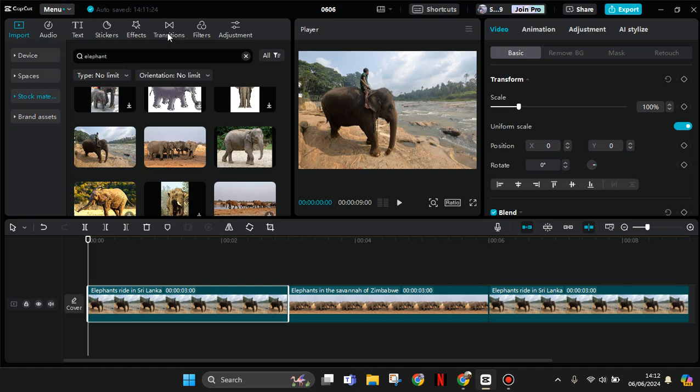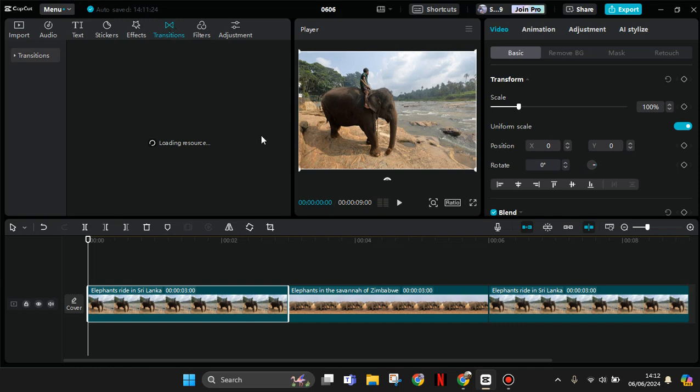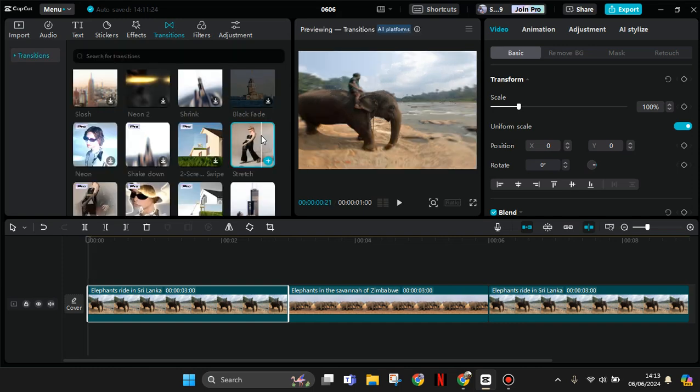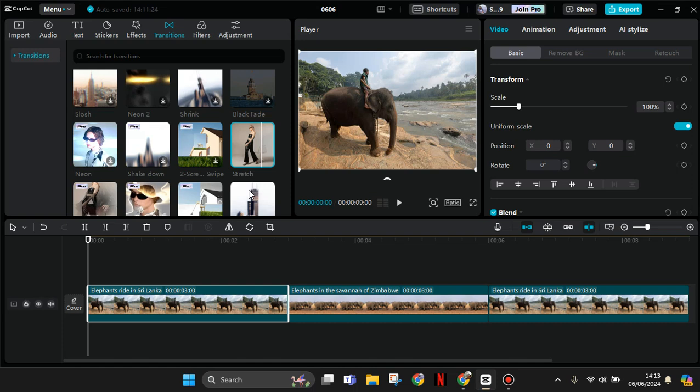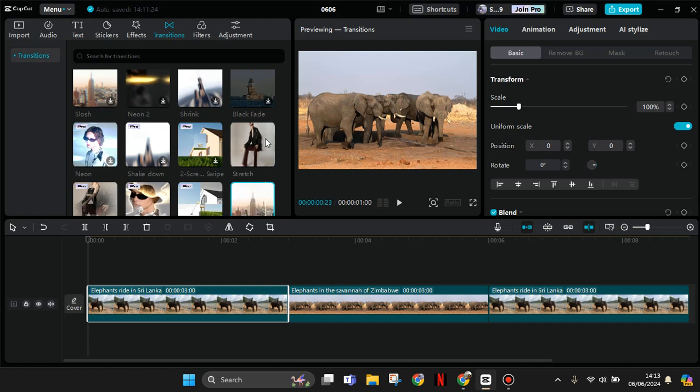and try to search or try to use the apply the transition in here. You can choose as you wish. Here, for example, and you can click on this add button. Okay,